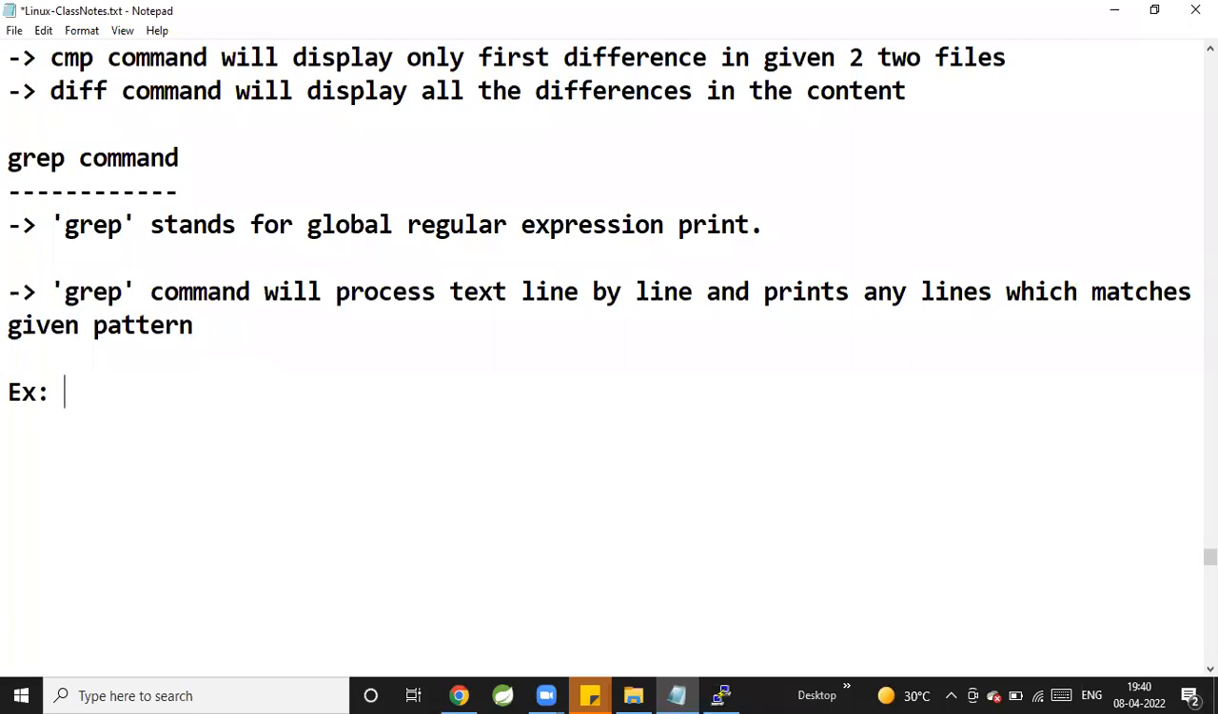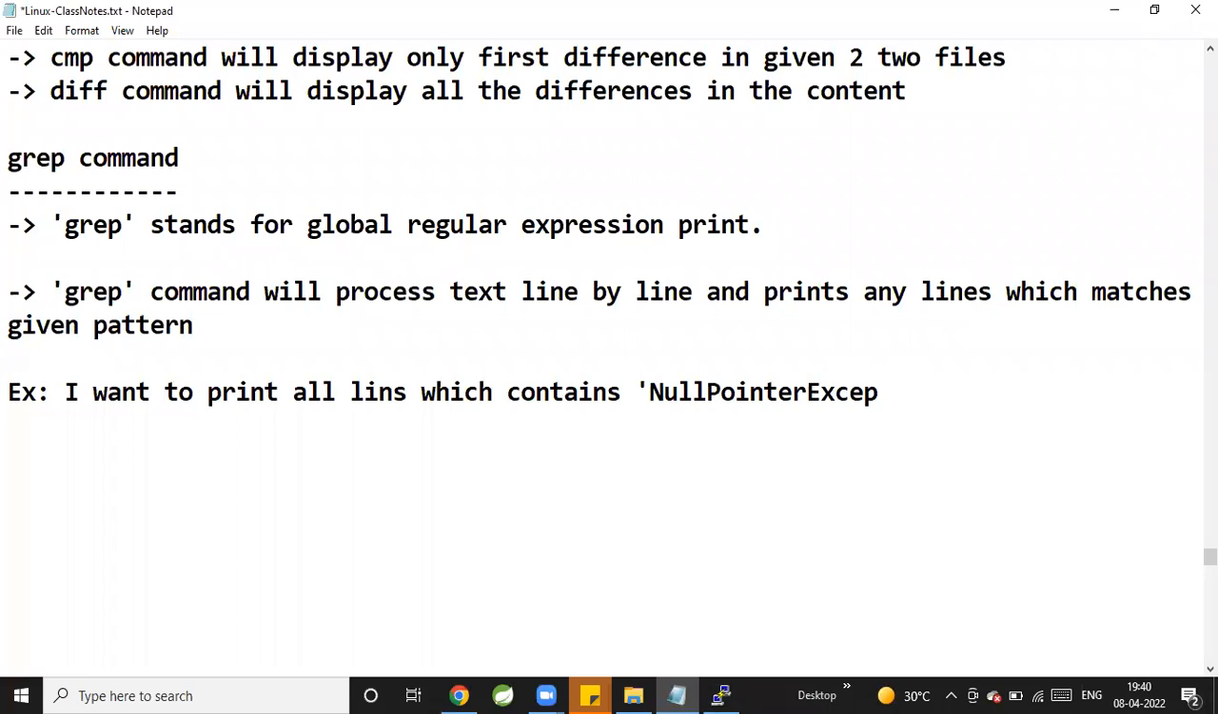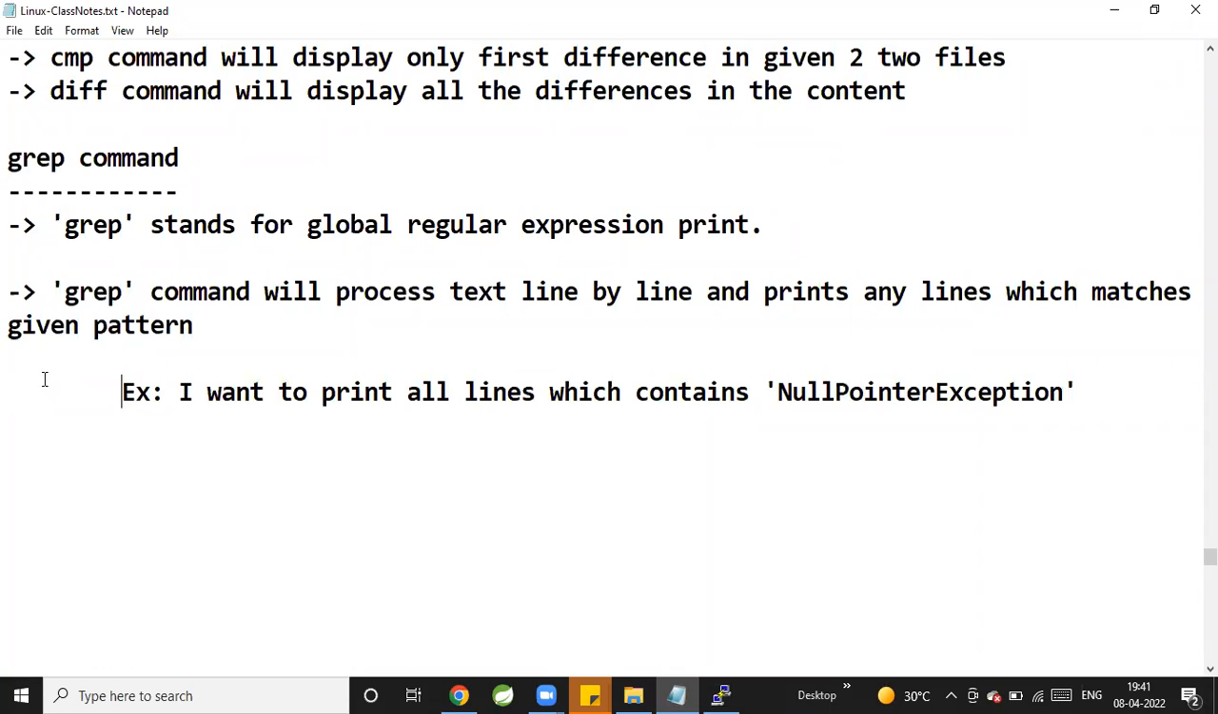Example: I want to print all lines which contain null pointer exception. My application is executing and my log messages are generated. In the log messages, whichever line contains the null pointer exception text, I want to print that line to understand